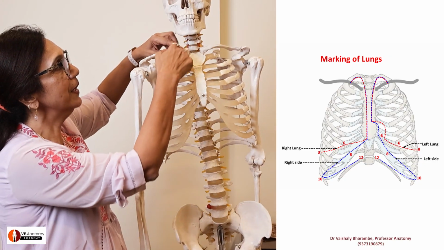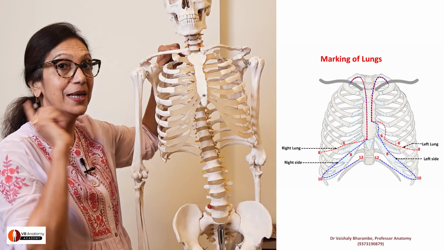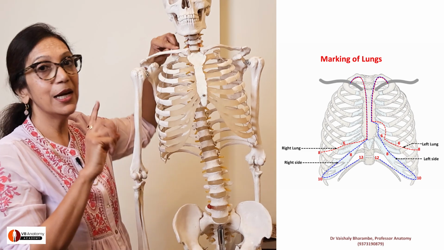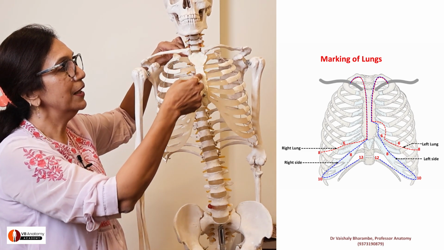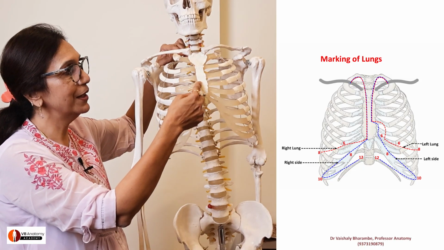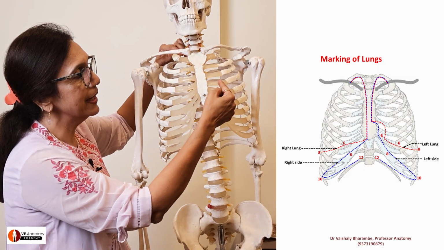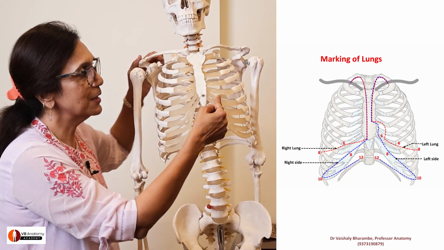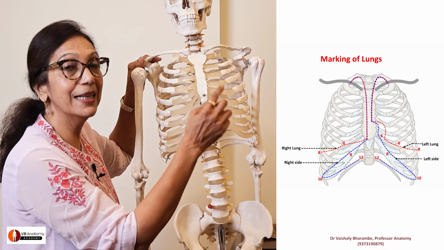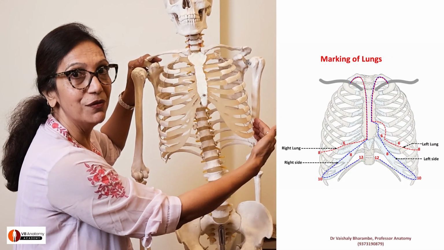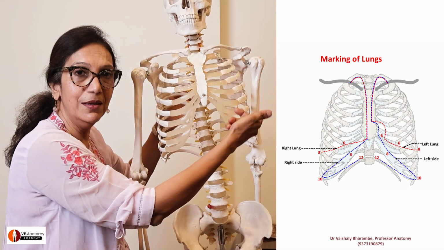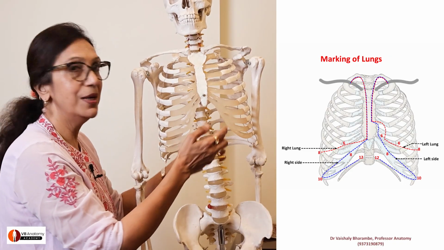So now this is your rib cage, right? And somewhere from here is your apex of lung. Remember, it never rises above the medial end of clavicle. It begins to descend downwards here till the 4th space, on the left side, forming a little cardiac notch here, 6th space, midclavicular line at the level of 6th rib, midaxillary line at the level of 8th rib. And if you turn the skeleton around,